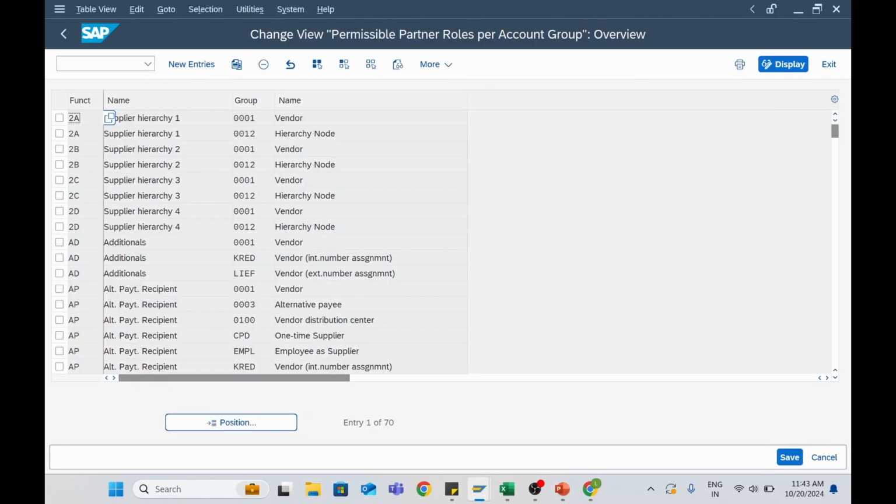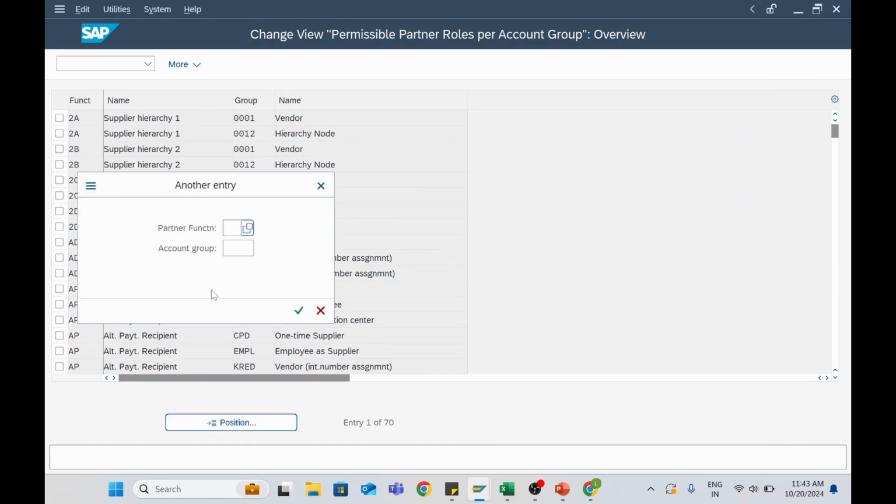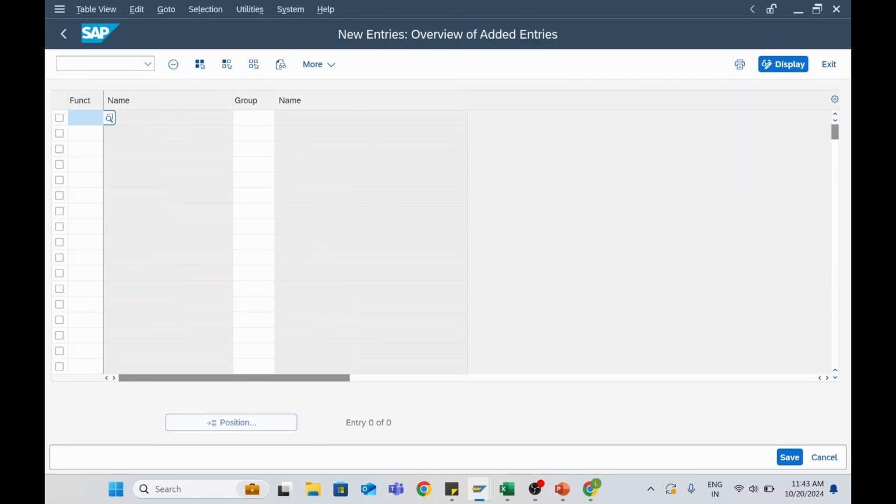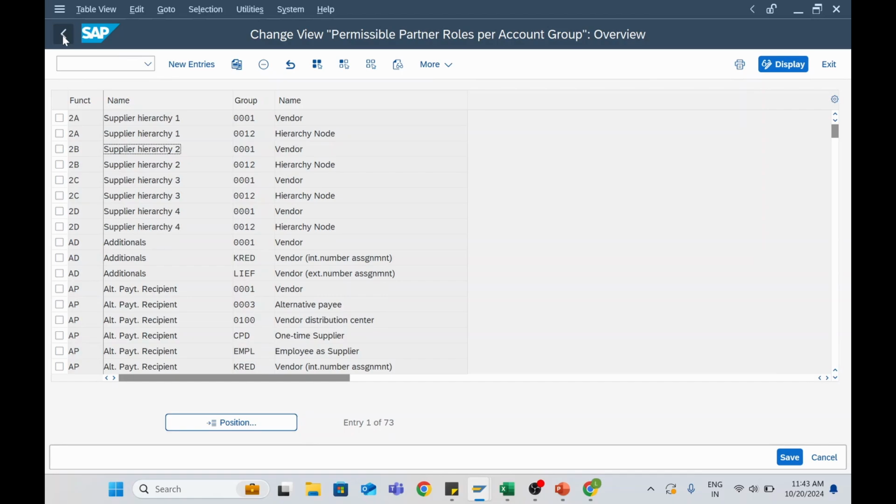the account group. As I have created the new account group, let's check here: my partner function VN for Z006, is it there? No, right? Now I will go for a new entry and my partner functions, which are OA and VN and PN. So you will see now ordering address, supplier, invoice. In the next step,